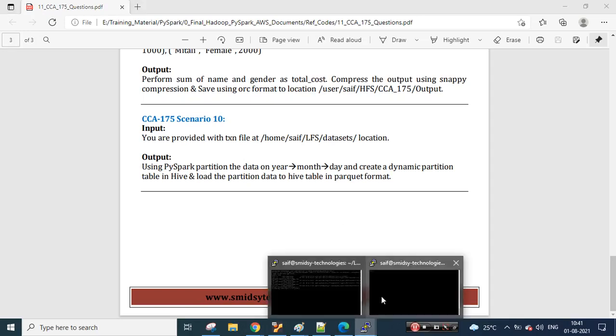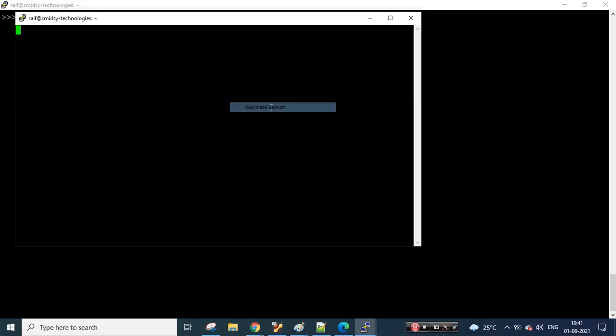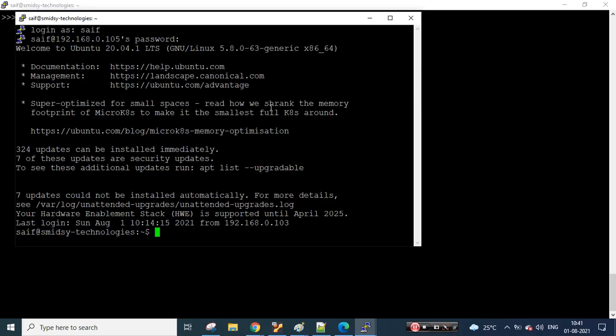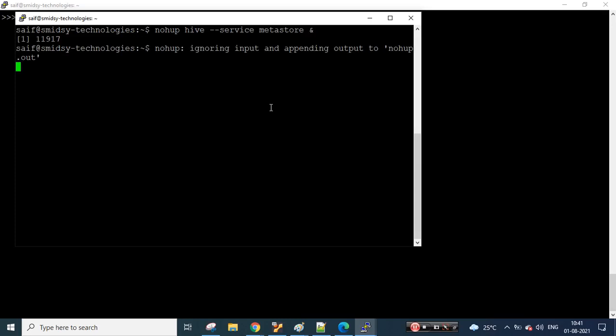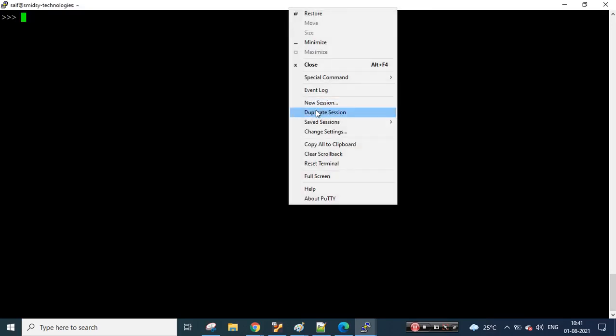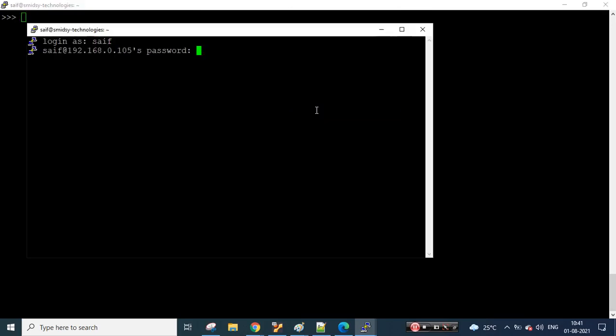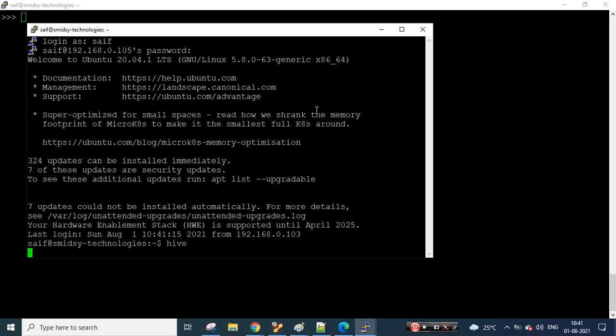Looks good. So before that, what I'll do is I'll open a new terminal, login as sf, welcome@123, clear the screen. So let's go nohup hive --service metastore and ampersand. Okay, so that should start, and let's open a new terminal. Let's start Hive,